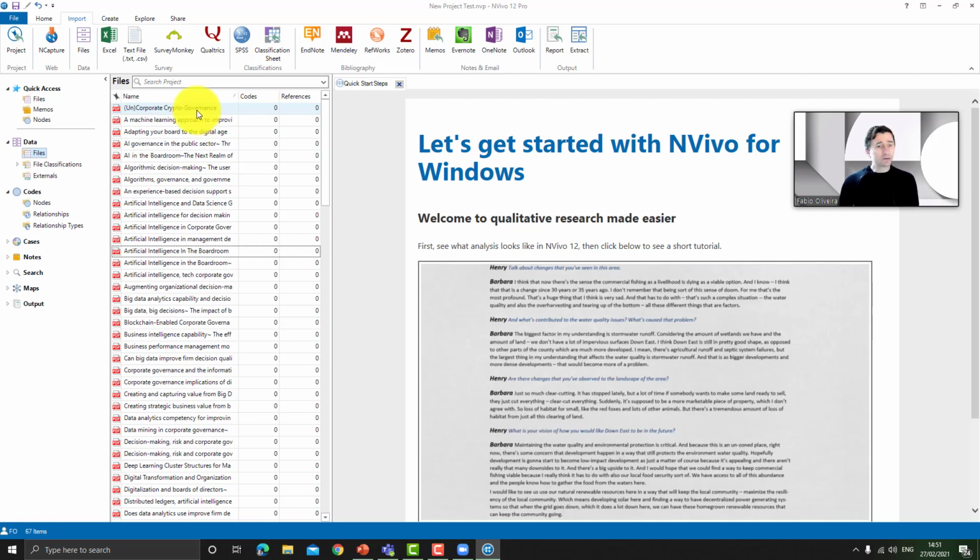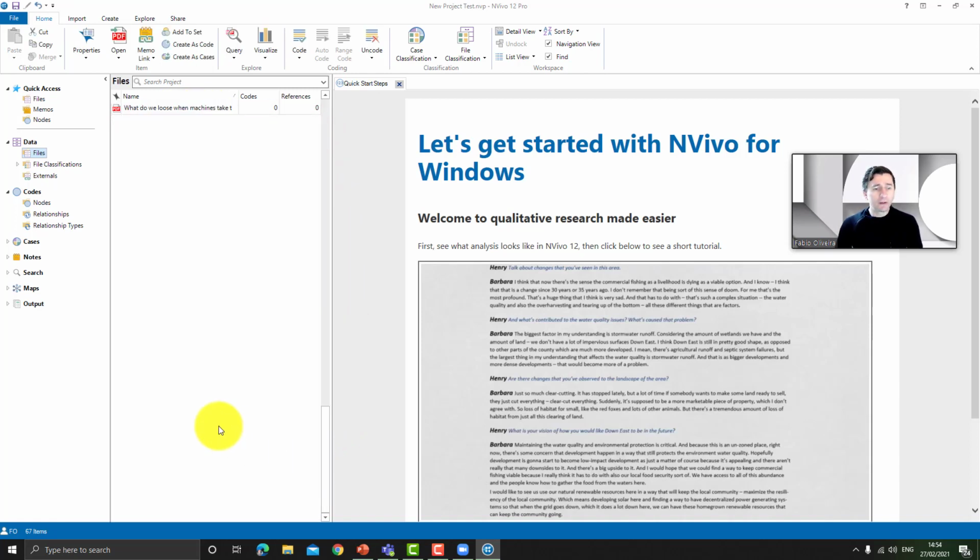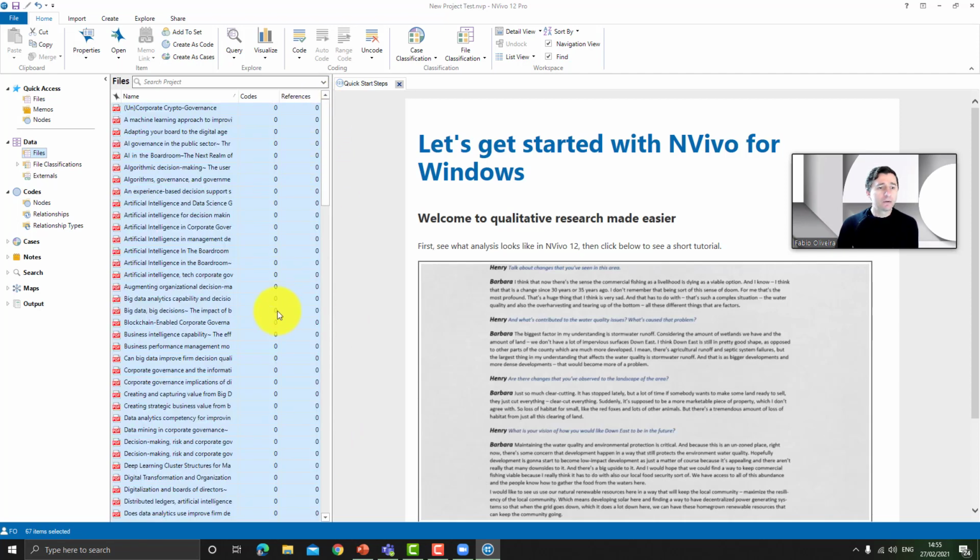But what we can do straight away here is make a quick analysis of the content of these articles. Therefore, what I will do is select all the articles. I will select all of them. It's all selected. And what I want to do is have a look at the most used words inside these articles. We go back to Home, and then we select the articles that we want to analyze. So we select all the articles.